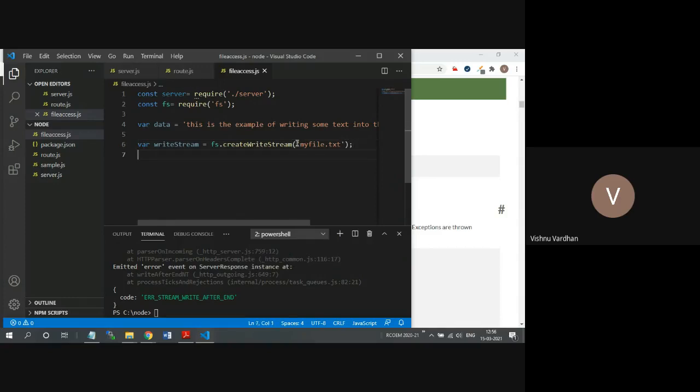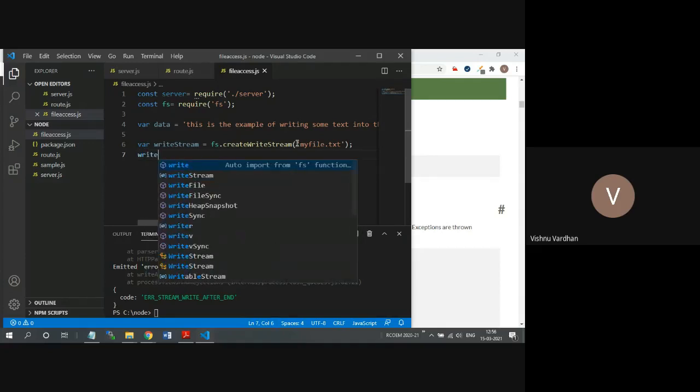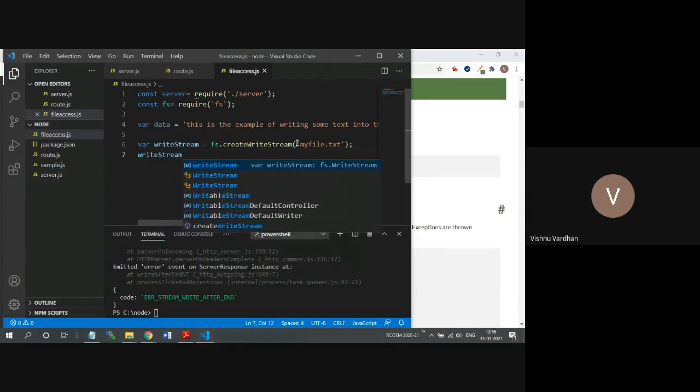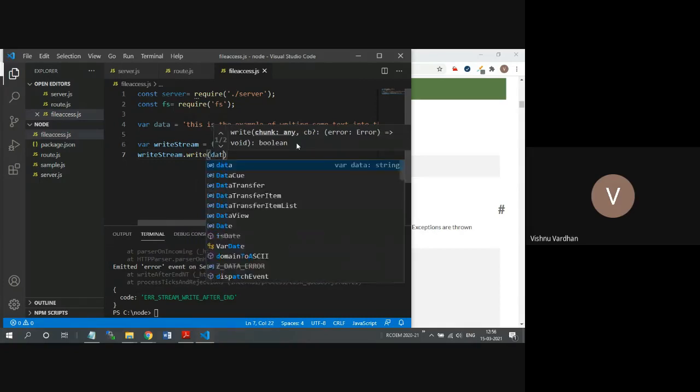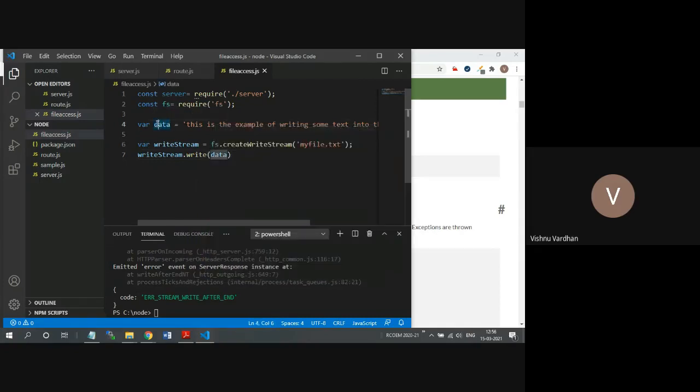Then I will take this instance of write stream and I will write the content. The content is coming from this data, and I will pass that content into this method write. So write stream dot write will be writing the content whichever you are passing into this method.